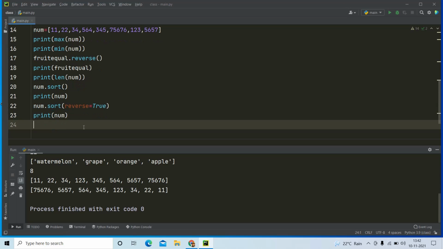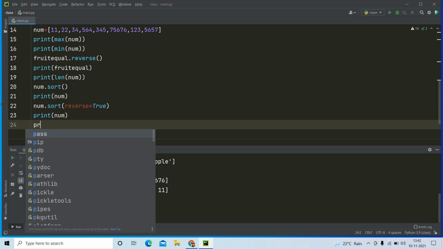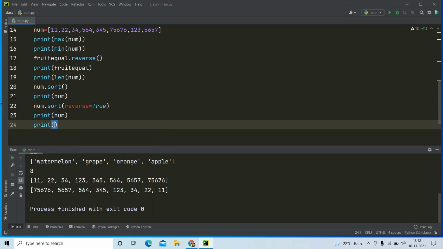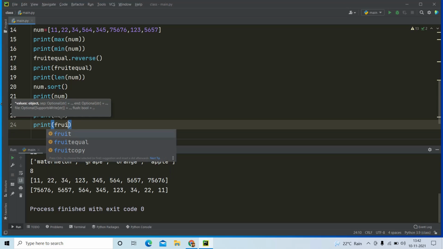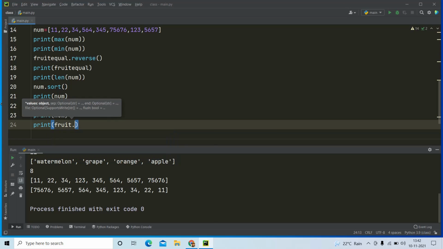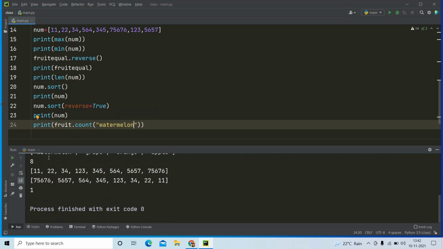If I need to count how many watermelon are there in a fruit list, then I am going to print fruit dot count, and inside that I should write the element which I am going to count. If I run this program, it will show me how many times watermelon is available in our list. It is available only one time, so it is printing correctly as one.